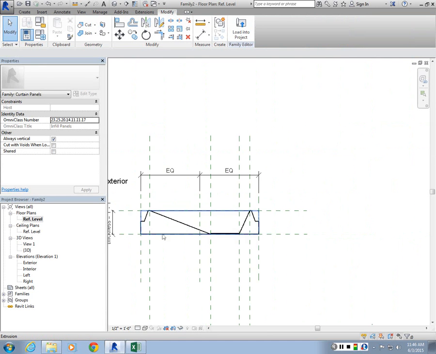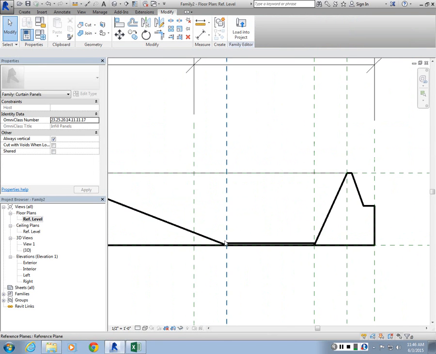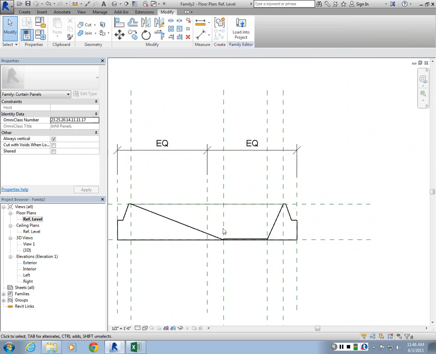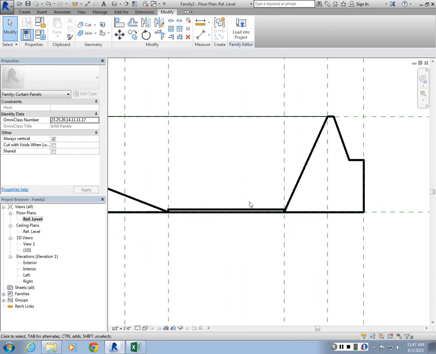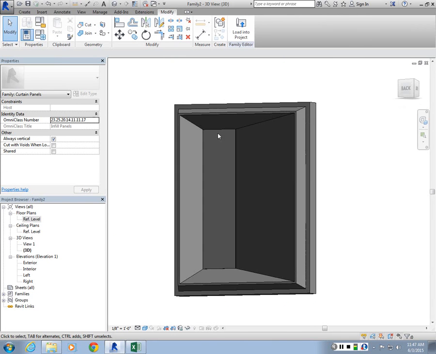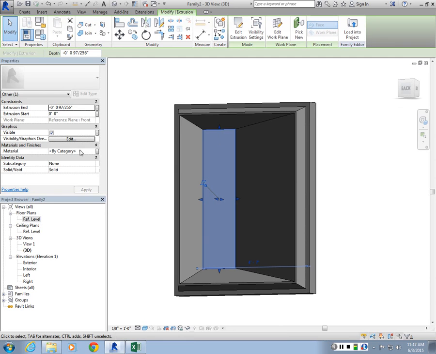Technically I could have done the panel a bit deeper, this extrusion profile a bit deeper, or create a secondary in between panel here, plane here, have this extrusion go to that, and then have a solid extrusion go down, so that I can place a glass in between there. I'm just going to do this to show you how you can also set a visibility parameter. So now this guy is going to be glass material,